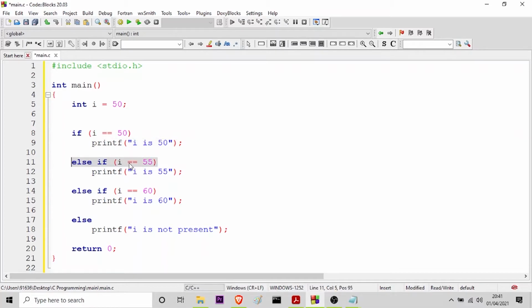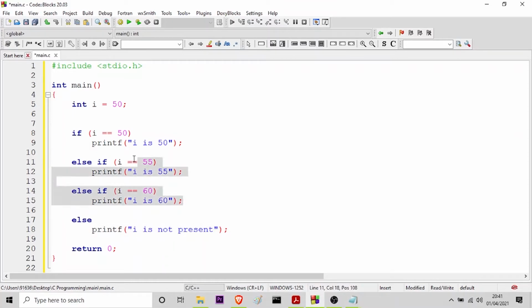It will check if i is 55, it will print i is 55. Or else it will go to this line where it will check i is 60, it will print i is 60. And finally, if all these three statements are false, then it will continue to the else statement where it will print the default printf statement, which is i is not present.